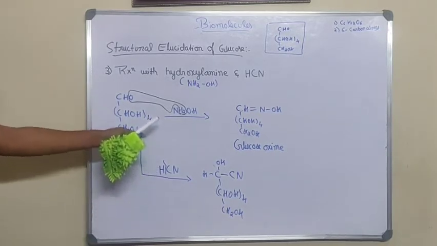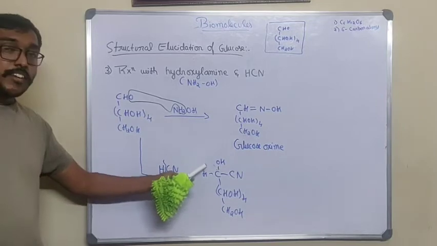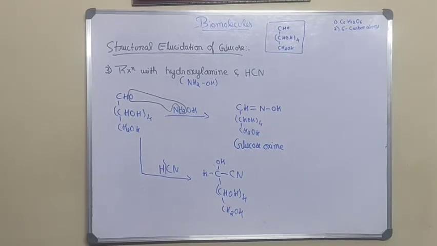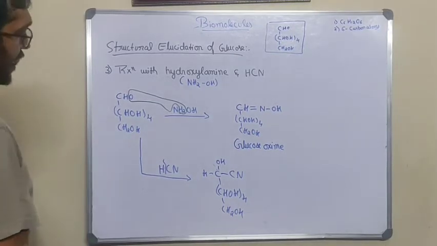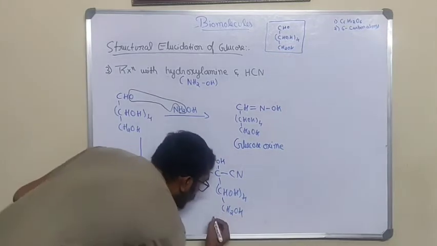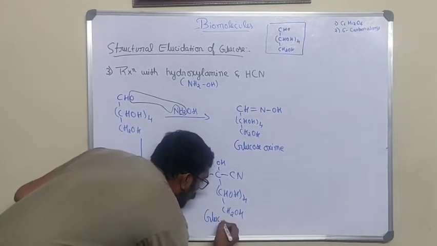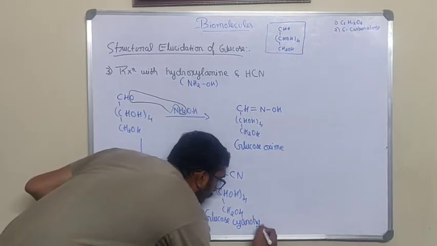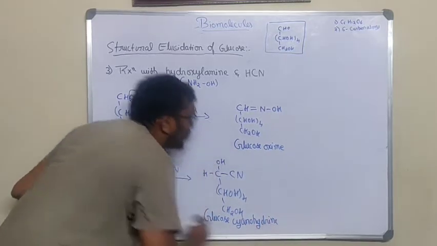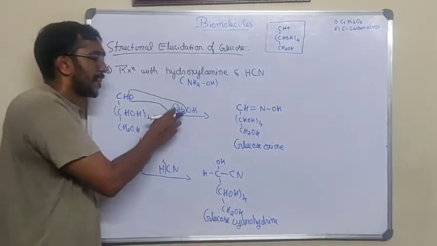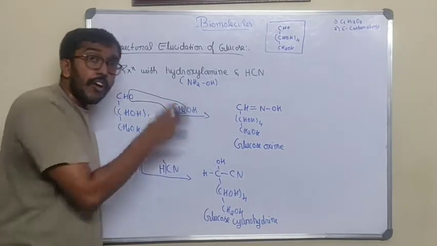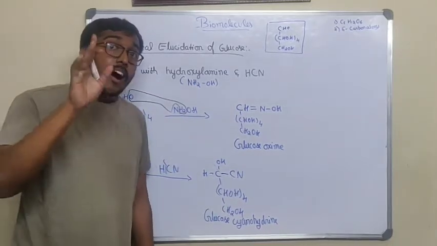This hydrogen is going to attack oxygen. I mean, the oxygen is going to abstract the hydrogen. So what is this compound called? This is glucose cyanohydrin. Glucose cyanohydrin. So this complete reaction with hydroxylamine or reaction with HCl, you are going to learn in the aldehydes,